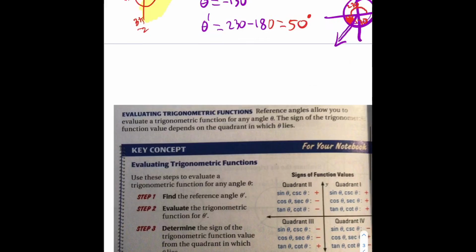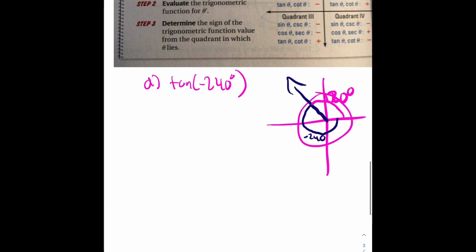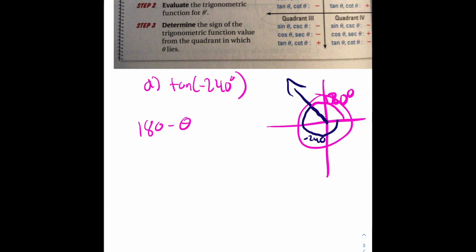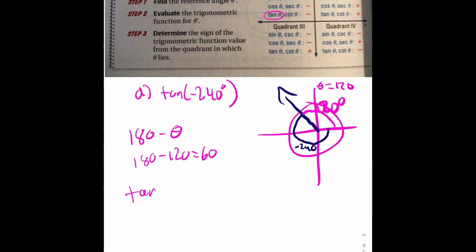And because it's in quadrant 2, I'm going to use my property for quadrant 2, which says 180 minus theta. We just said that theta equals 120. So 180 minus 120 is 60. So if we think about that, the tangent function is negative in quadrant 2. That's what we determined right here. So we can write that tangent of negative 240 degrees